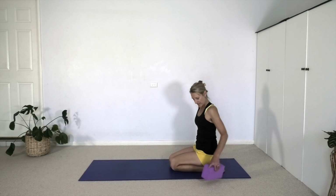as you turn. And then when you're turning the head, commonly we see the left side of the neck shorten, right side of the neck lengthen. Can you try and keep the sides of the neck the same length? Then come out of the twist, and we can keep that brick behind us actually, because we're going to stay